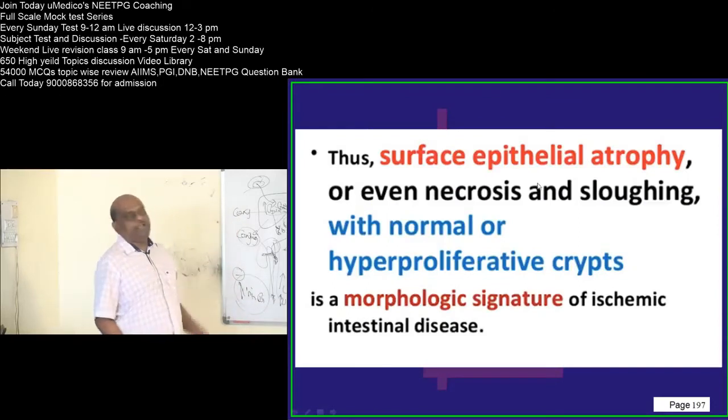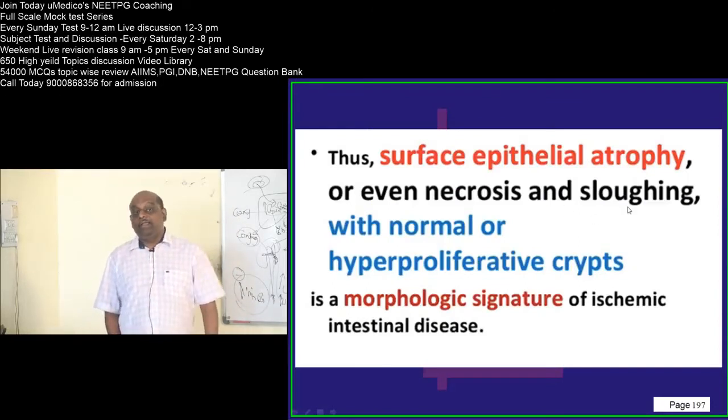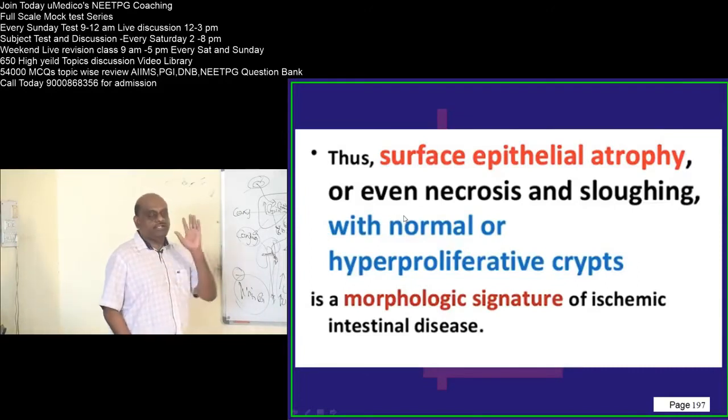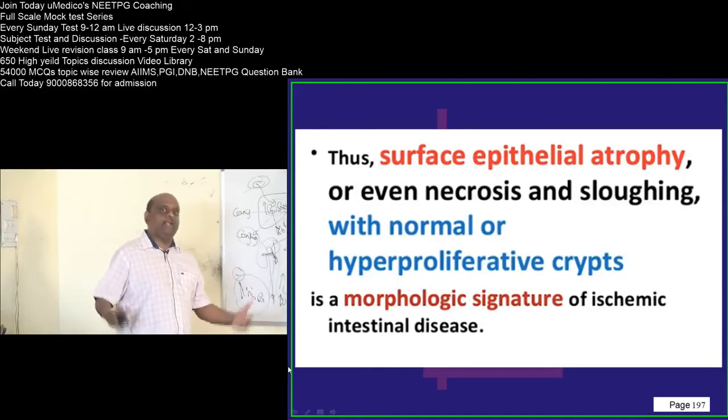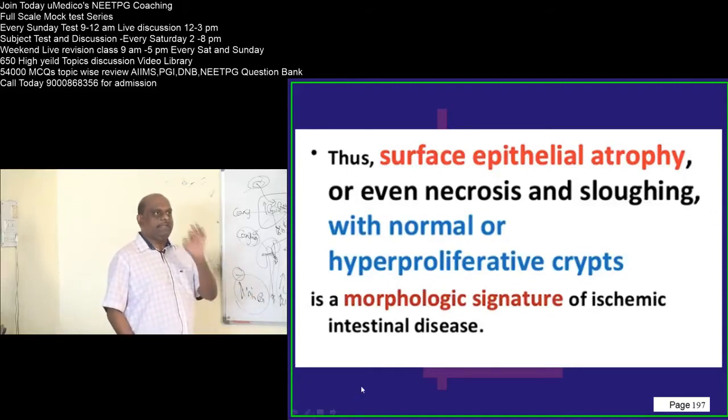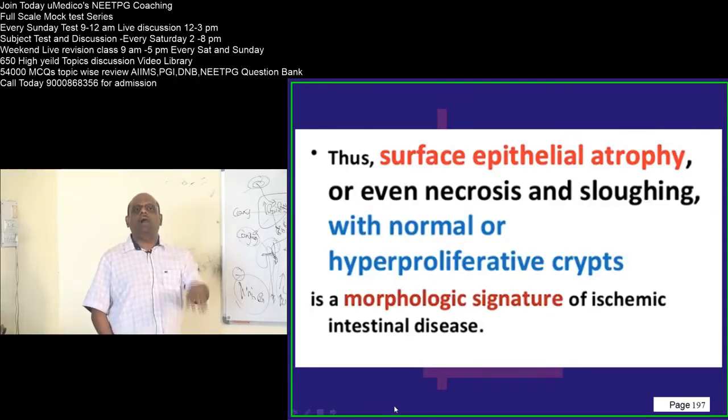But if you look at the surface epithelium, it is surface epithelial atrophy, necrosis, sloughing with normal or hyperproliferative crypts, which is considered to be the histopathological hallmark of intestinal